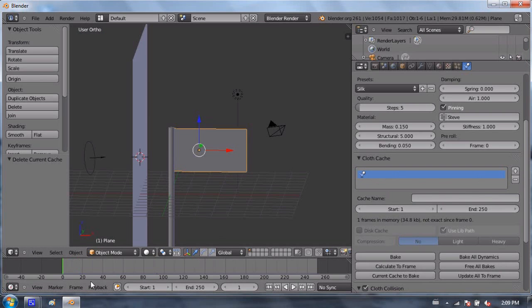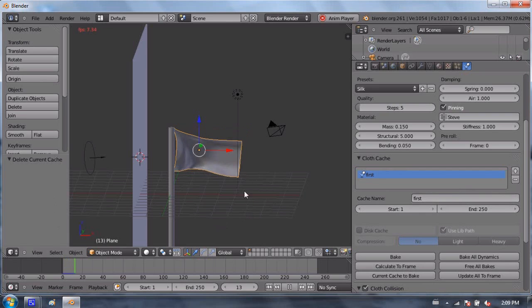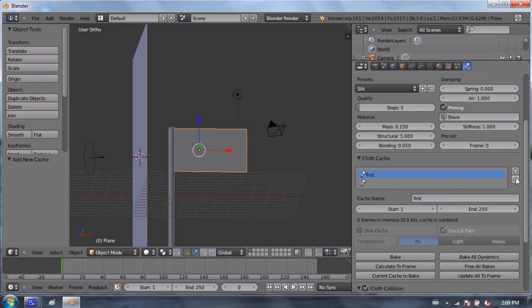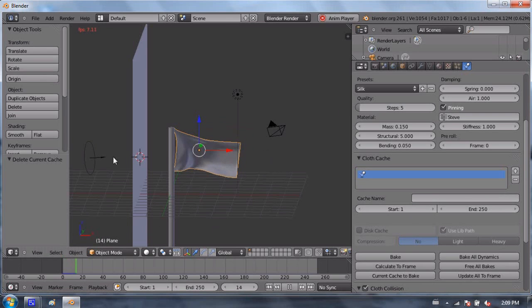So really, if you have a hard time getting rid of your cache, or it's not resimulating, it's just playing your old cache, you can always click on your current cache, make a new one, so it makes one right below, then click on your old one, and erase it, press the minus, and it'll erase that first one. In other words, if I create one called first, and it simulates, and I don't like that simulation, I can always press make a new one, then select first, and get rid of that old one, and that'll completely clear your cache. So right now, if I press Alt-A with my new fresh cache, the wind is still blowing,